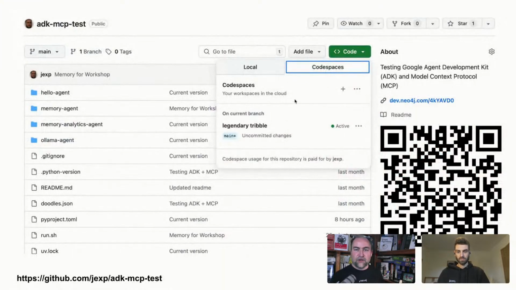And then you can follow along with me and Alex trying to do things together here. This is already partially configured. We'll talk a little bit more about what we need to do as the next steps. But if you just go to this repository, ADK MCP test under JEXP, my GitHub account,